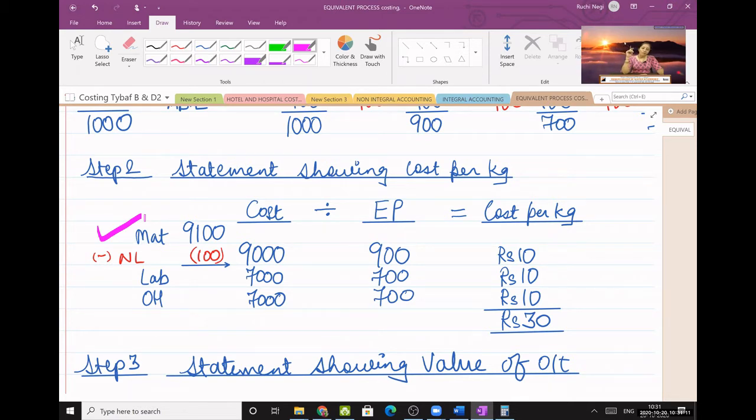Similarly, you also have one more type of normal loss which is known as scrap loss. I had given you the example of a tailor to whom I give 1 meter of cloth and tell him to make a t-shirt, and some scrap is left over. We call it chindi. The tailor can very much sell that scrap to people who make pillows, mattresses, furniture, sofa sets. For them it is a requirement to fill inside the mattress and pillow. So it has a scrap value. So there are two types of normal loss, one which doesn't have a scrap value and one which has. The one given in your question has a scrap value.